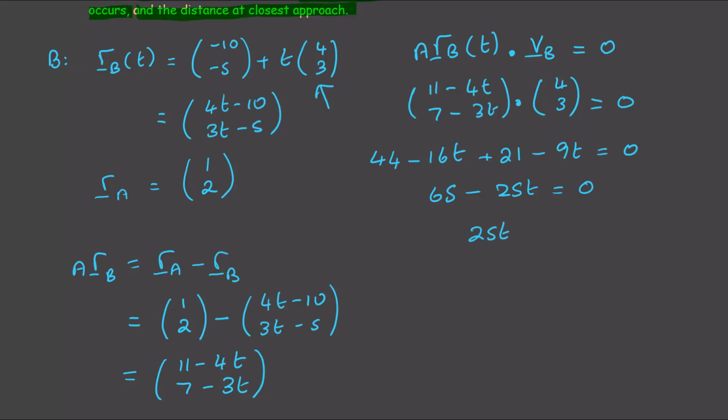So 25t is equal to 65. And that would give us t is 65/25, which is 13/5. So